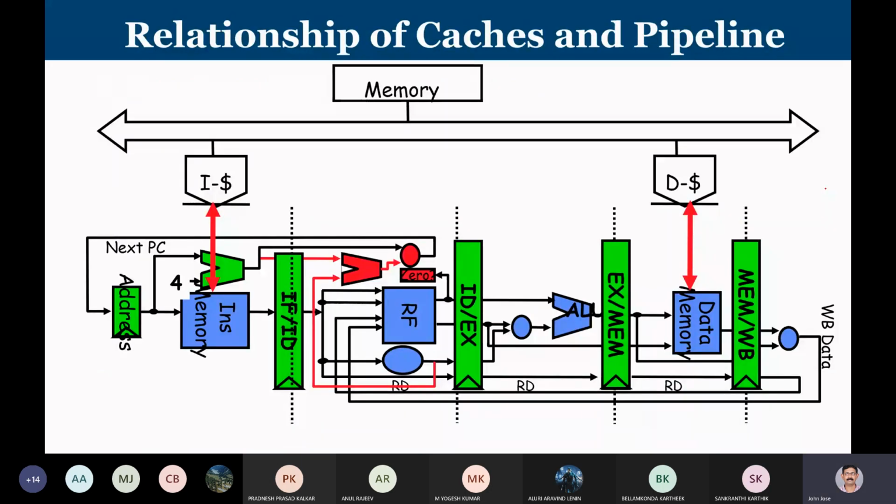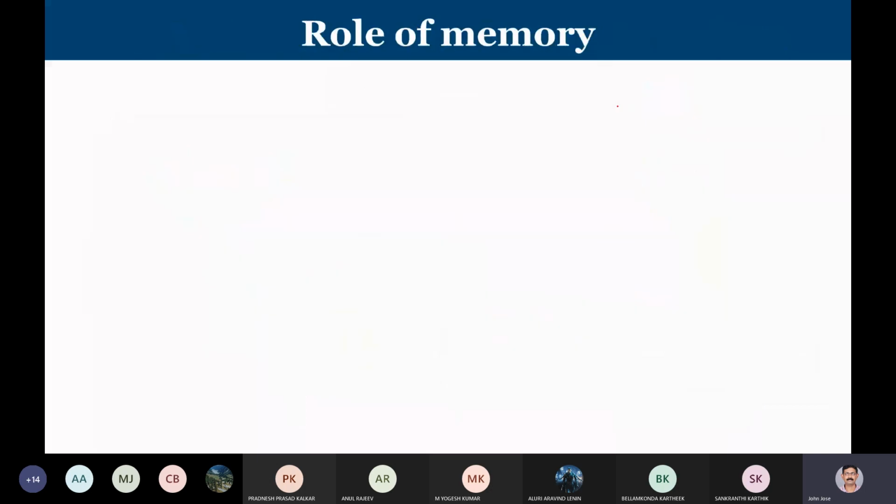So on the relationship of cache and pipeline, we see that for instruction and data cache, we are going to keep high speed memory, and that's how it is accessed. Now, why is cache faster? Cache memory is built using SRAM. You might have learned about SRAM and DRAM techniques. The cache memory uses SRAM, and we use some special logic such that rather than searching the entire cache memory, we have certain dedicated units by which we can find out whether something is present in the cache or not. We will come to know about it. So this is the relationship between cache and the pipeline.